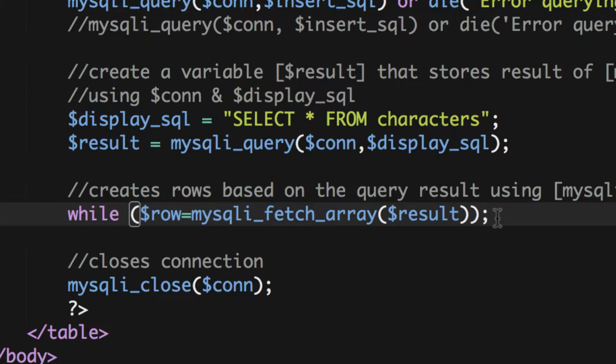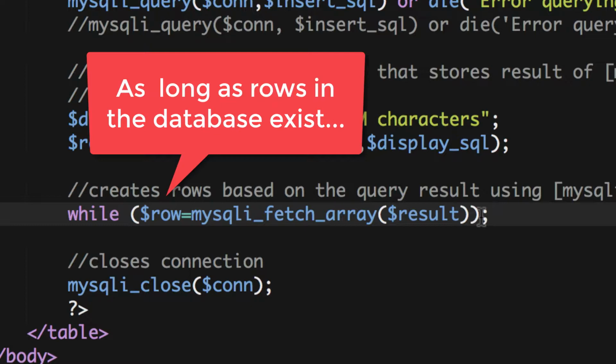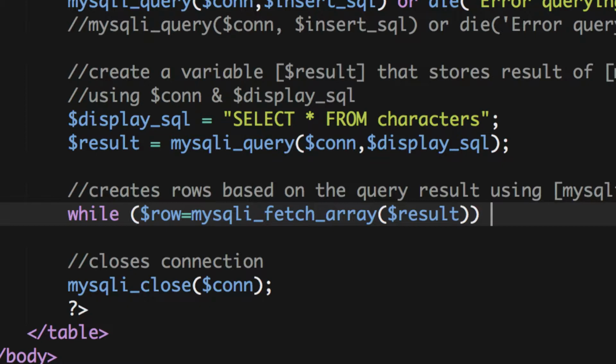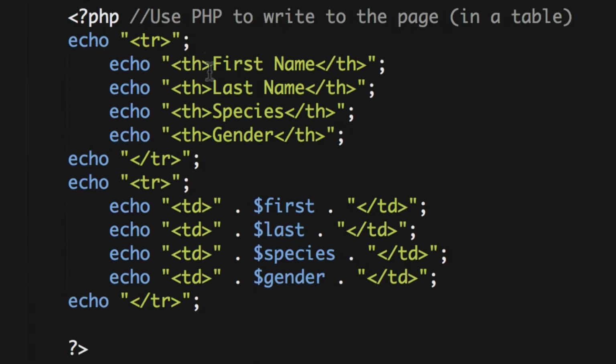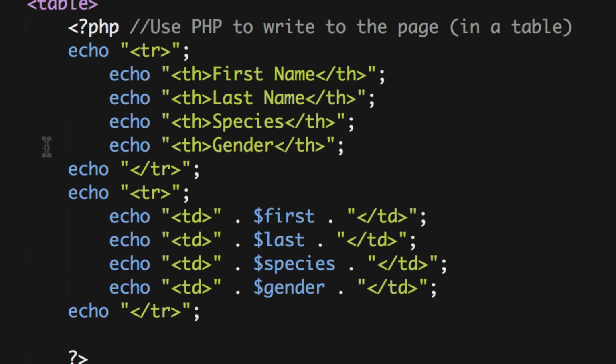So we're going to have to get rid of this, and we're going to put an opening curly bracket and then a closing curly bracket, and then everything's going to happen in this while loop. And we're going to go to display A from our last exercise, and we're going to scroll down, and take this echo part, not the first part because those were the headings, just the second part here. We're going to copy all this,